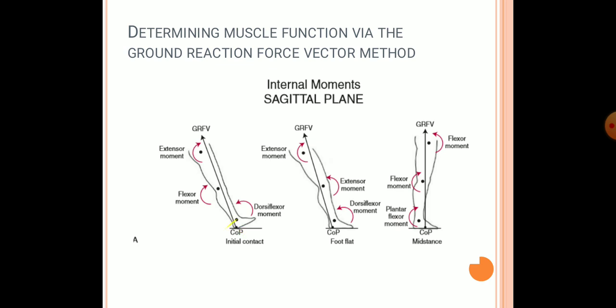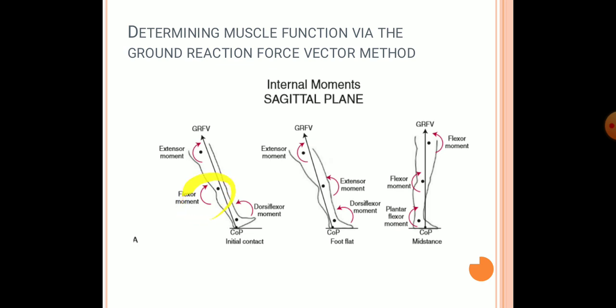In the ankle joint, it is actually posterior to the ankle joint. In the knee joint, it is anterior to the knee joint. And in the hip joint, it is anterior to the hip joint. So the easiest way to remember the muscle moment is that if the ground reaction forces are passing anterior to the joint, a posterior moment will be produced. That means look into the ankle joint. In the ankle joint, the ground reaction force is passing posterior to the ankle joint. Because of that, there will be an anterior force, or there will be a dorsiflexor moment.